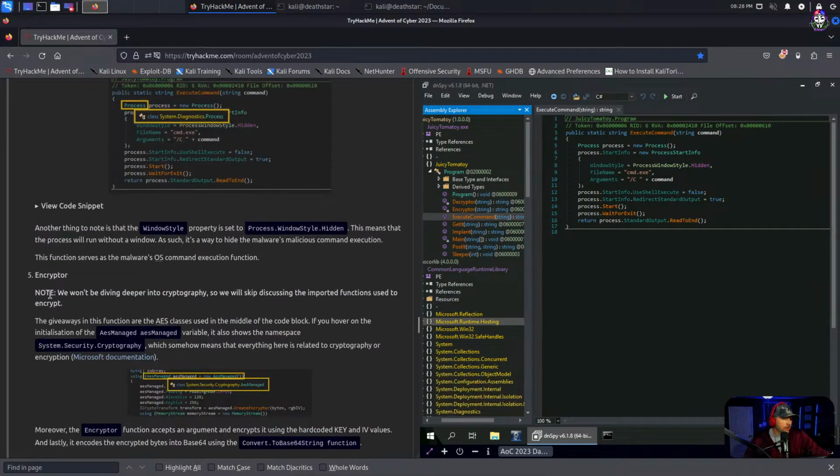Encryptor. Note, we won't be diving deep into cryptography, so we will skip discussing the imported functions used to encrypt. The giveaway in this function are the AES classes used in the middle of the code block. If you, however,